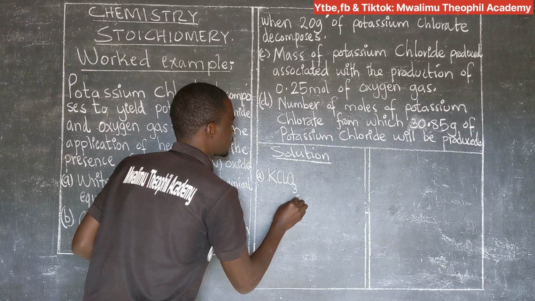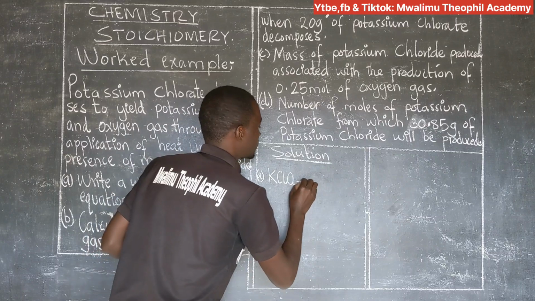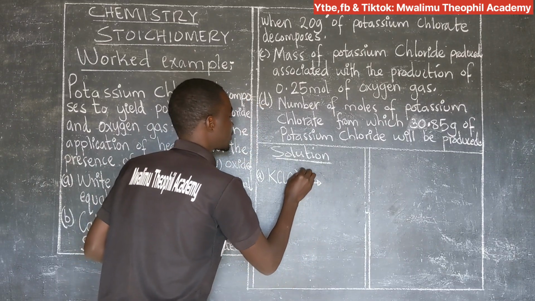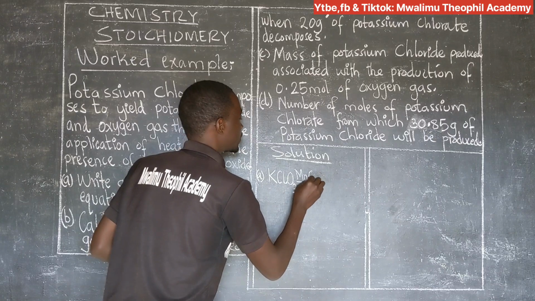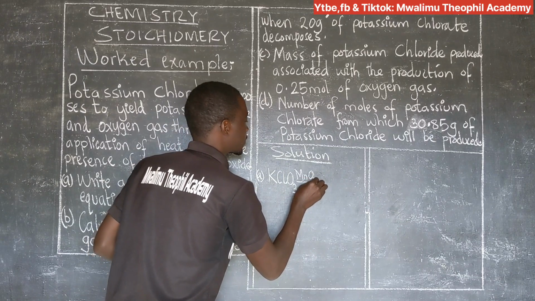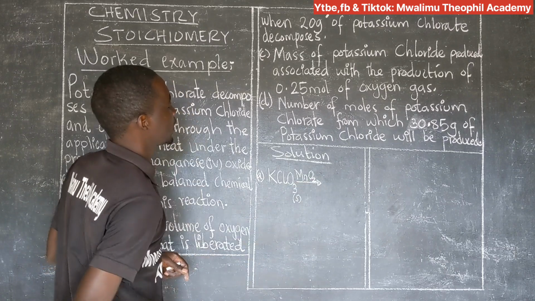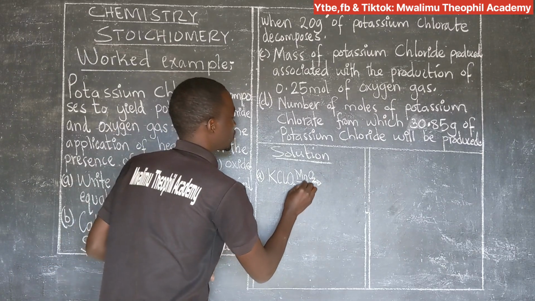Potassium chlorate, this is solid. It decomposes in the presence of manganese 4 oxide, written this way, MnO2, manganese 4 oxide, and the application of heat